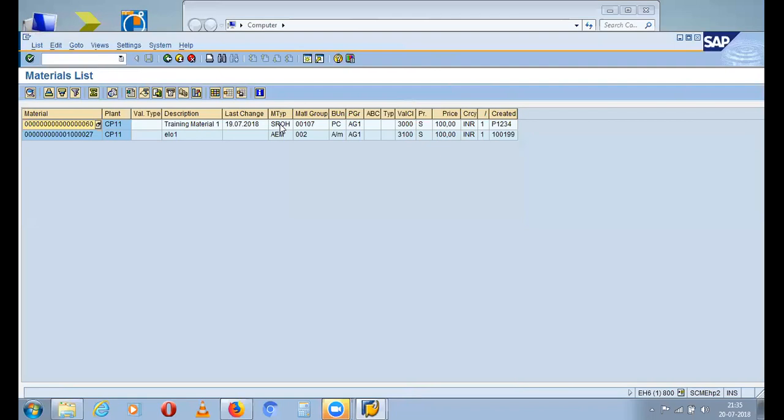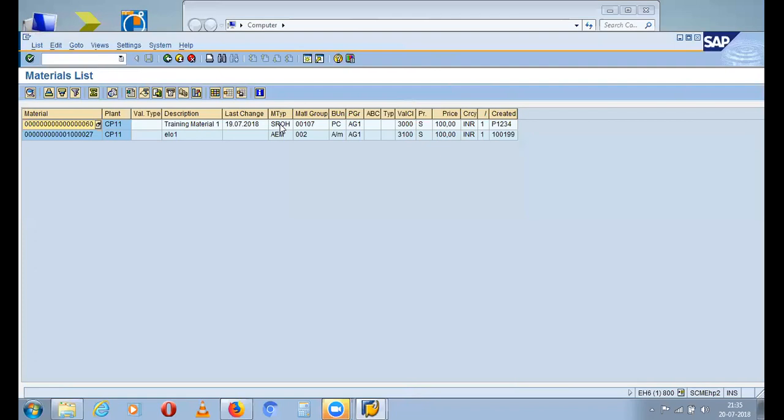And for each plant, I can't have only one user, isn't it? So there will be different users working on the operations or transactions for the same plant. So I can't restrict only one user to create the material under that plant.